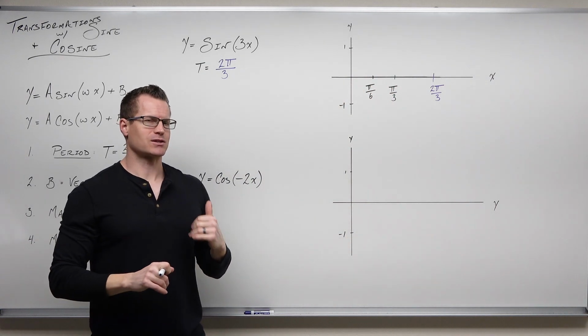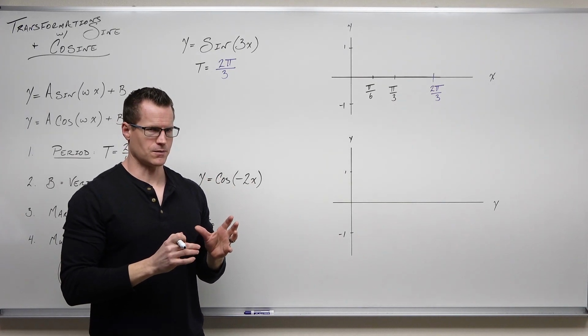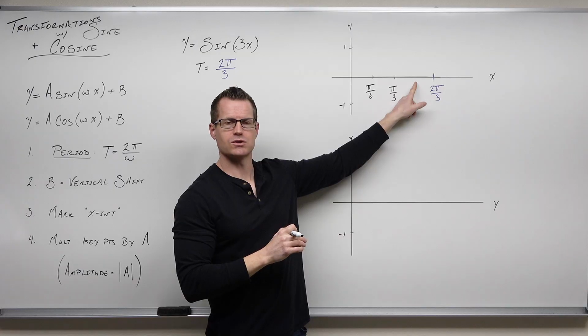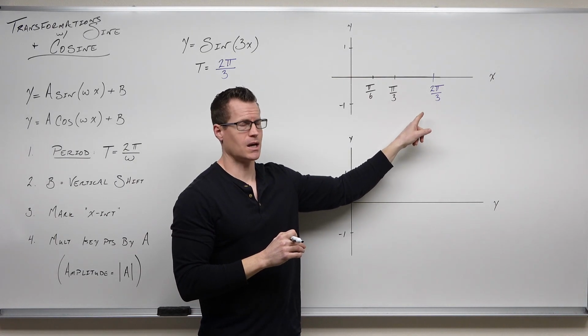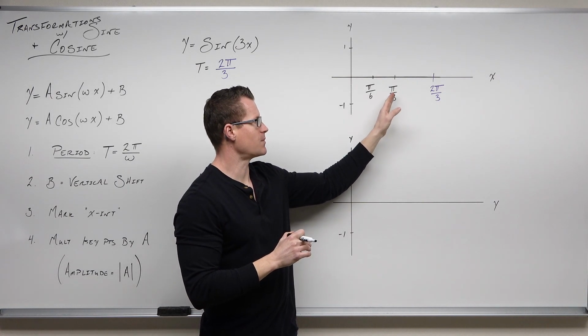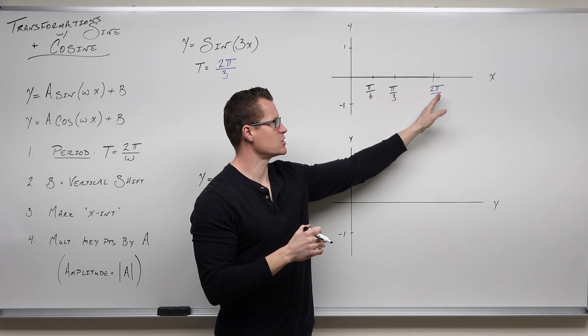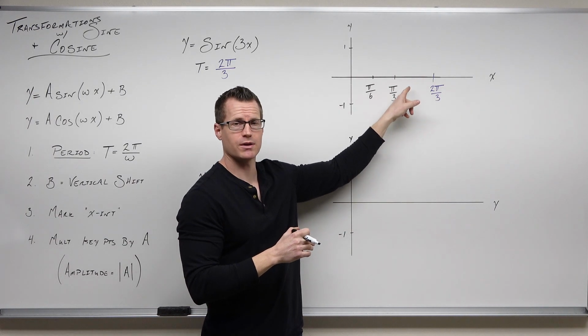Now, if you didn't catch it in the last example, catch it here. Sometimes it's very difficult to find that for students. I've seen teachers tell them to average these two, which you certainly can, but it's more difficult than it has to be. Pi over 3 plus 2 pi over 3 divided by 2 is going to give you whatever that is, but